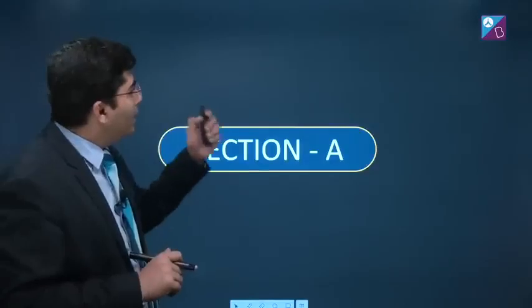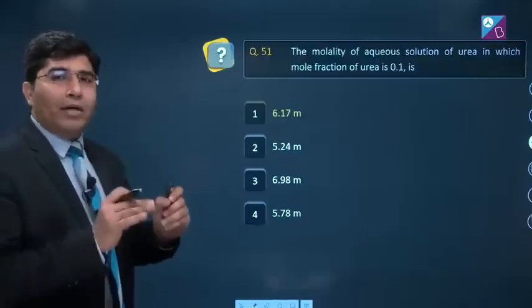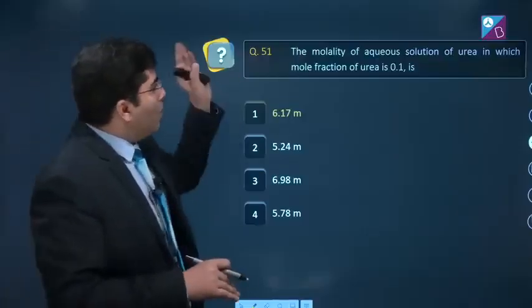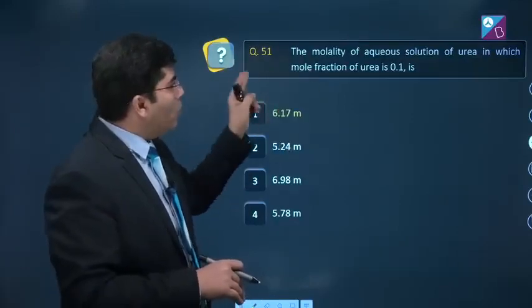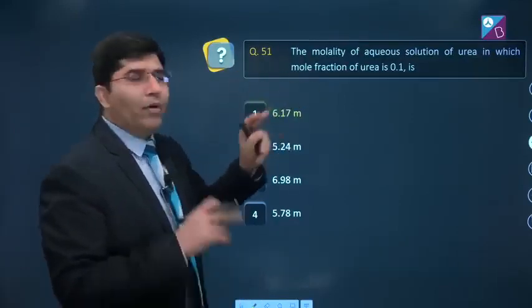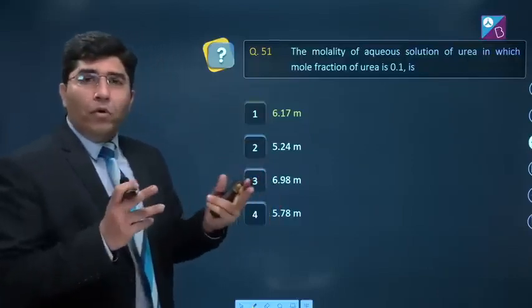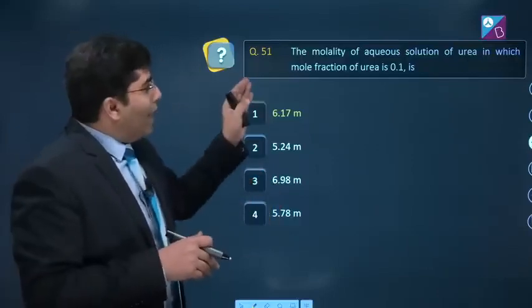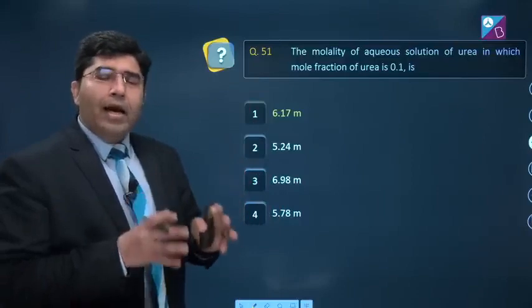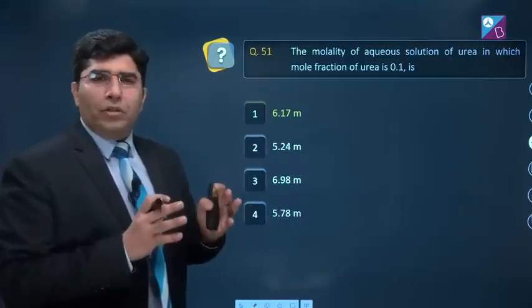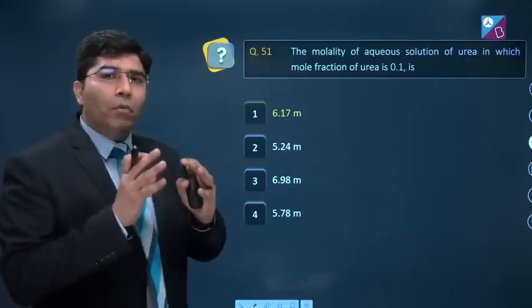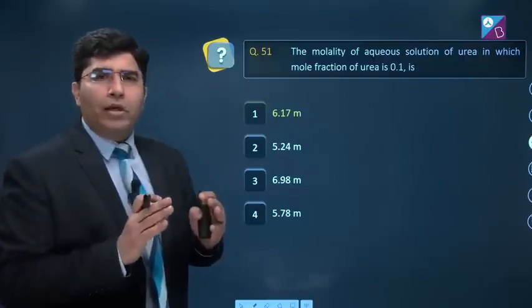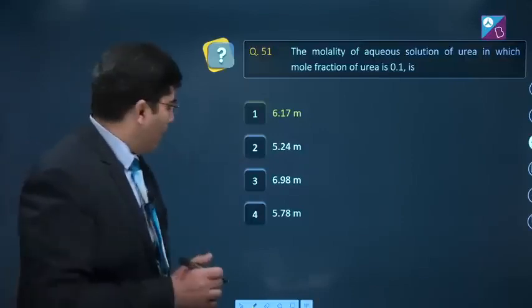compulsory. Question number 51: the molality of an aqueous solution of urea in which the mole fraction of urea is 0.1 is. तो क्या given है हमको? Molality पूछी गई है and the given is mole fraction. Now what you have to know is the relation between the molality and mole fraction, and there is a straight relation, and that is